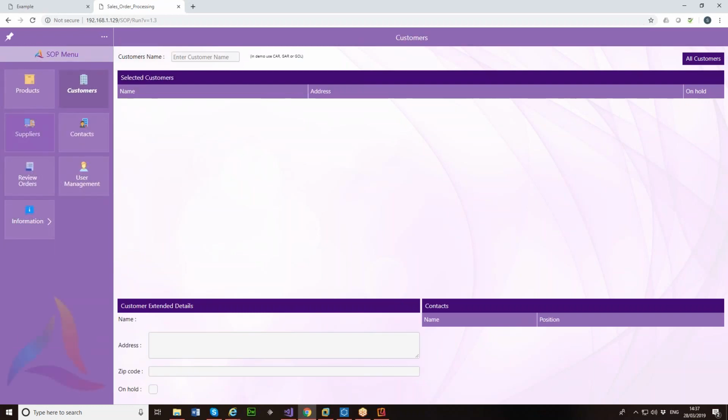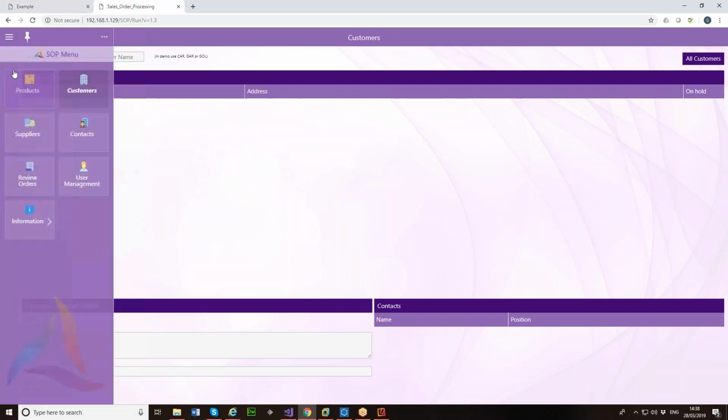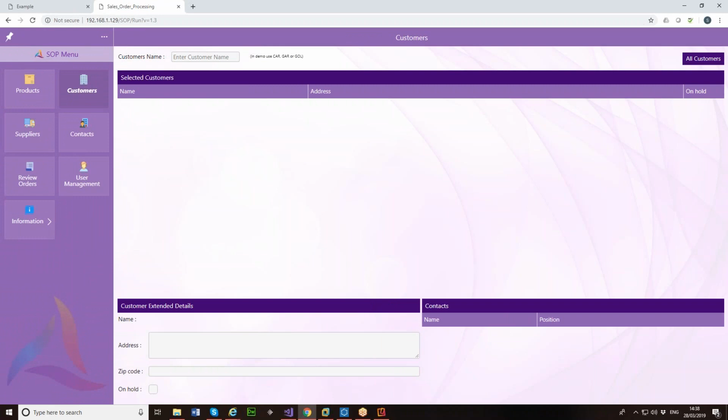Now, on a mobile device like an iPad, an iPhone, a Samsung Galaxy, etc., you typically wouldn't see a menu on the screen when you log in. You typically see a hamburger style menu, and you can set that on a Windows desktop computer if you'd like to see the hamburger style menu as well. I'm going to show the menu for now, and we've got a simple screen here just to demonstrate the principles